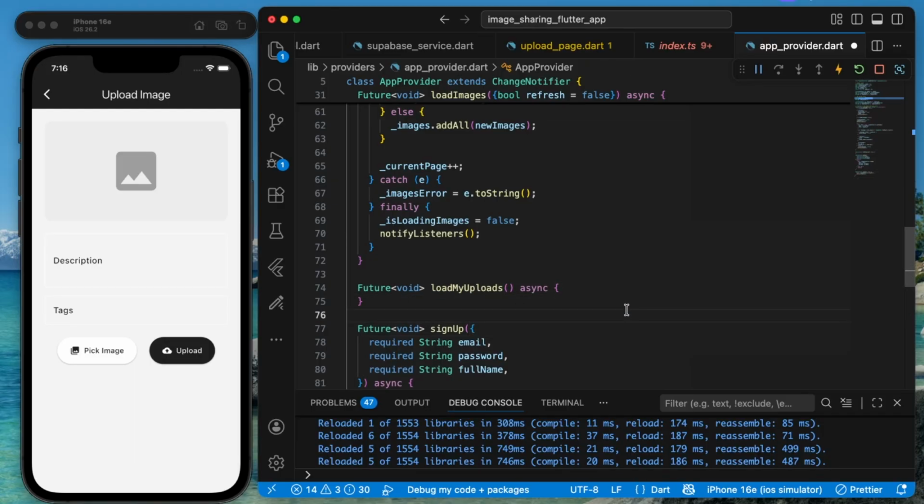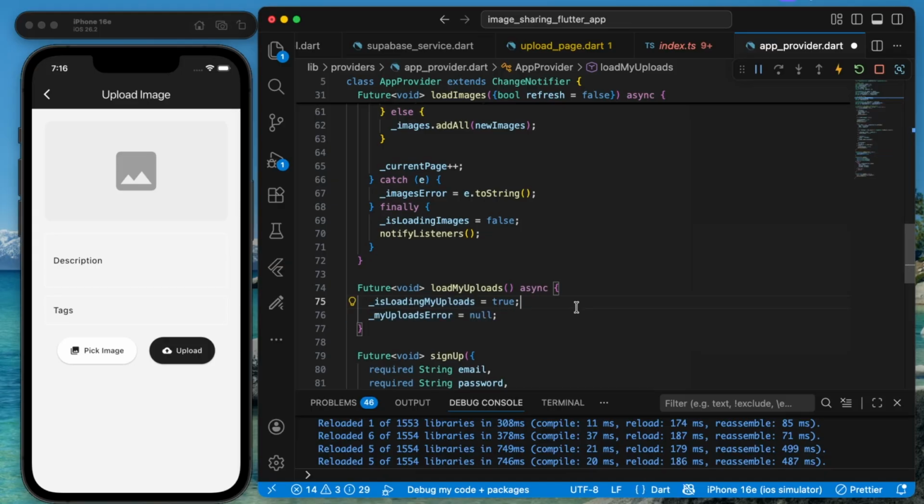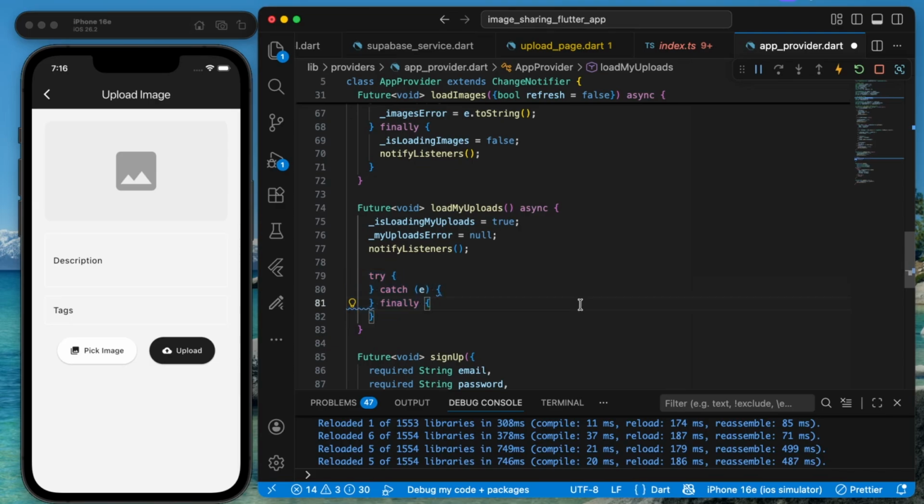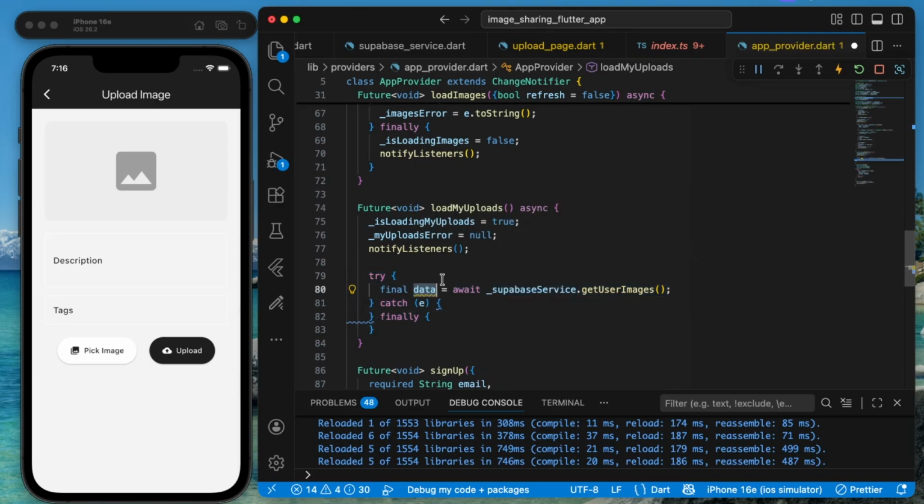Here, mainly we'll be calling the function and loading all the images that belong to the specific user who had just uploaded this image, who had shared the images. So here we'll just set underscore is loading my uploads to true, underscore my uploads error to null, and notify our listeners. Then we'll use try catch, and first we'll create a data variable called Supabase service dot get